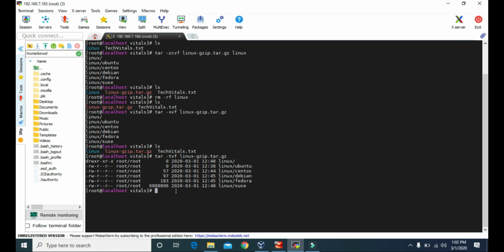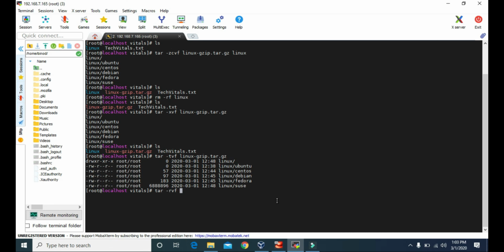As we can see, we have this techvitals.txt file inside the vitals directory, and if it was just an archive, we could add this techvitals.txt file inside the archive, but since this archive is compressed, we cannot add this new file. So if we try to add this file inside the compressed archive using tar